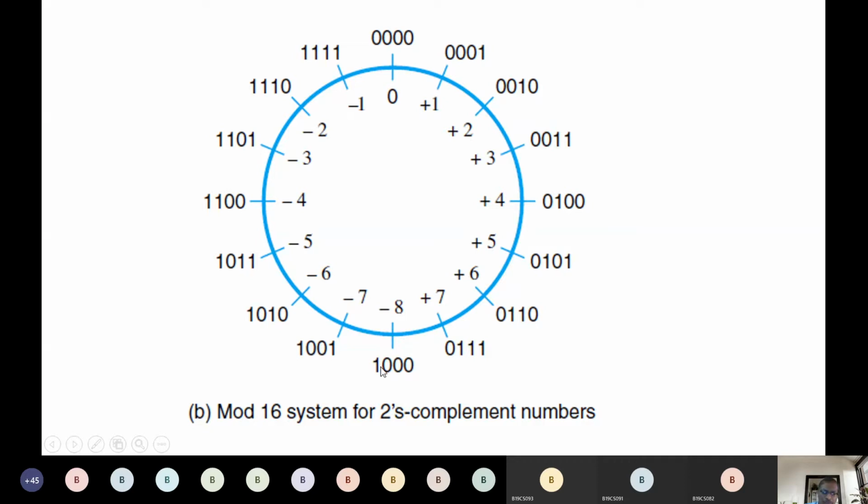Similarly, we know in binary 1000 is 8, and the 1 is the sign. And similarly, how do we get minus 7 from 1001? Actually, in binary format, this is 8 plus 1, which is 9. In binary format it is 9, but in 2's complement we are calling it minus 7. But looking at this number, how do we say it is the 2's complement equivalent? How do we get this minus 7 from here?